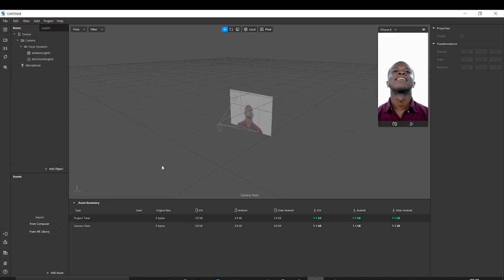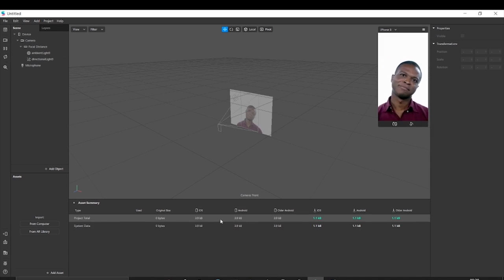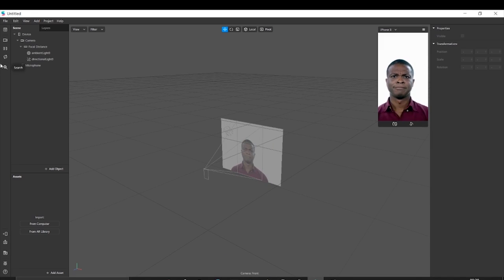Asset summary, you have one more option to look at this. I will explain it later on. This is restart, which means you can restart your application, you can restart your filters from the beginning. And search. This is basically your entire scene. You can see all your assets, everything that you will use in your filter, that is there in your scene workspace.